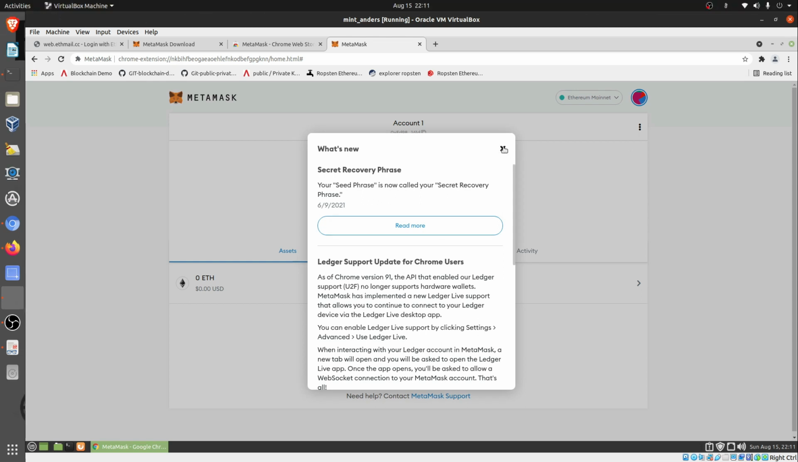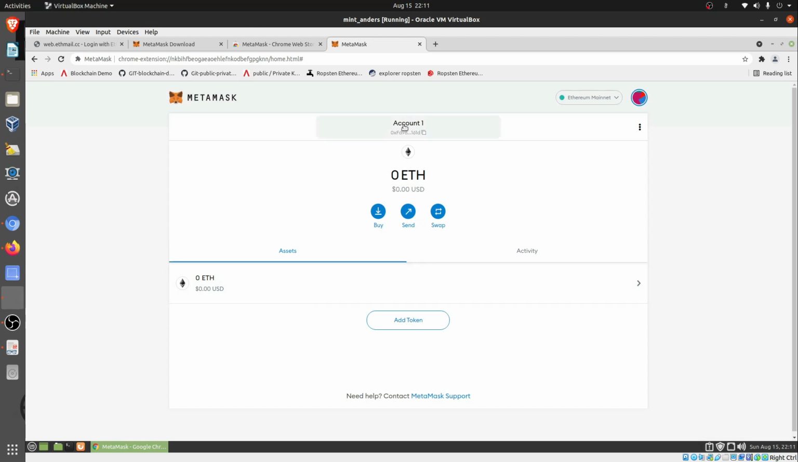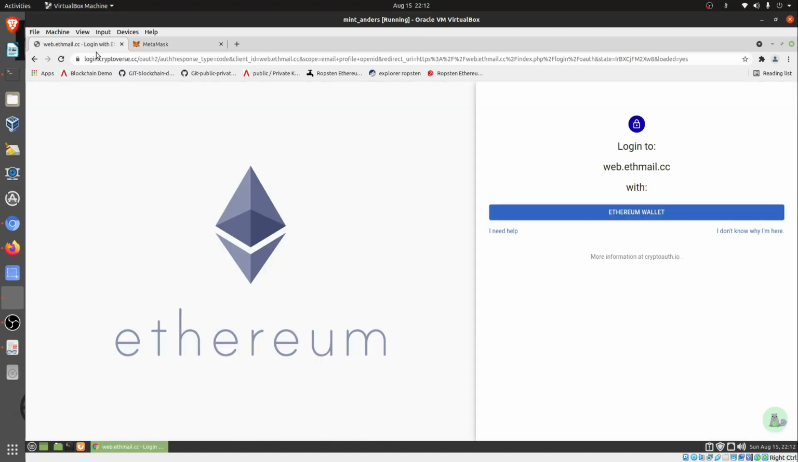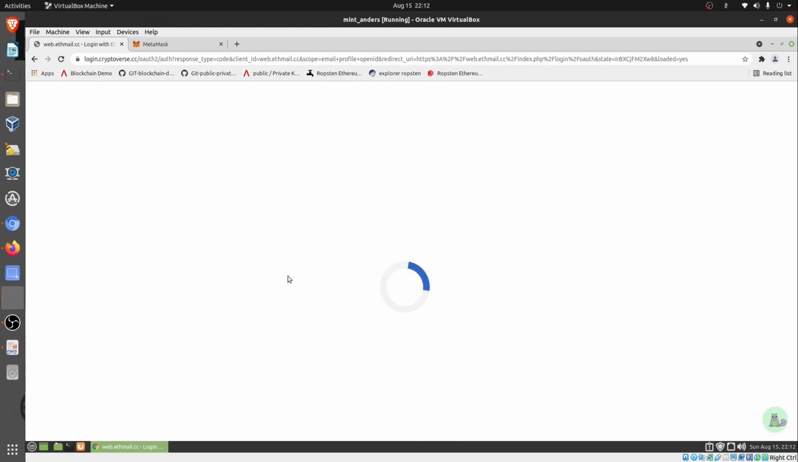So I have this wallet which shows this account, this is the Ethereum address, the account that I'm currently holding, and I don't have anything to buy or send, but I want to send an email from this account. So I'll close this meanwhile. How this happens is, I go to web.ethmail.cc, and I get this interface. I click on Ethereum wallet, and